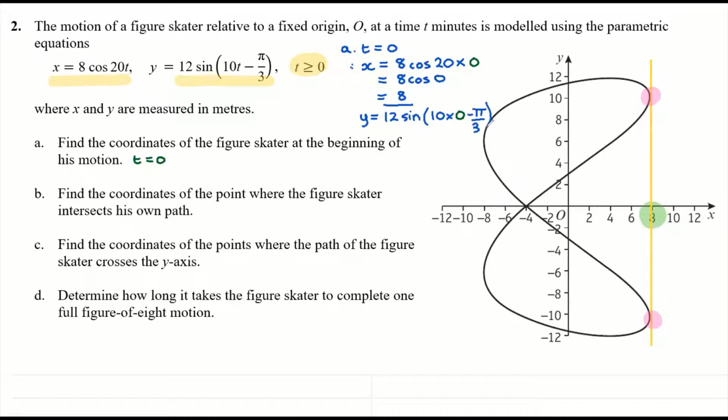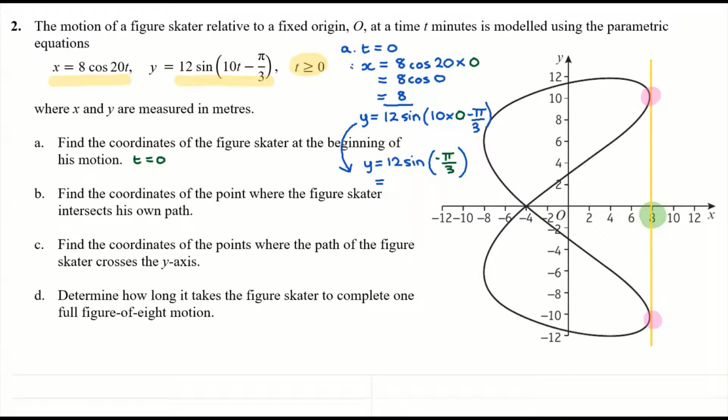So obviously running out of room here, so I'm just going to drop down to here. So if we do that, we're going to have y is equal to 12 multiplied by the sine of negative pi over 3. All right. Now you can do that on your calculator. If you plug those numbers in, which I've already done, you're going to get